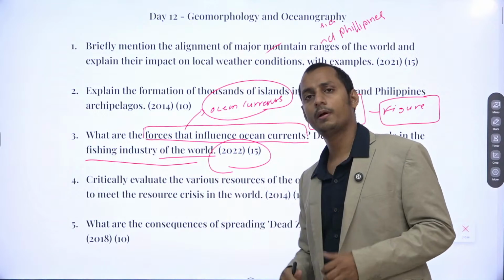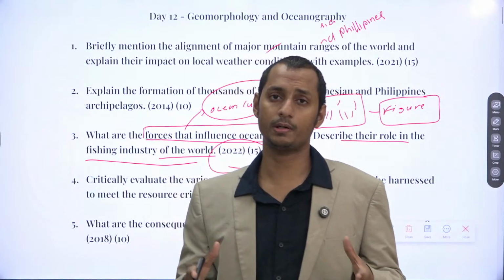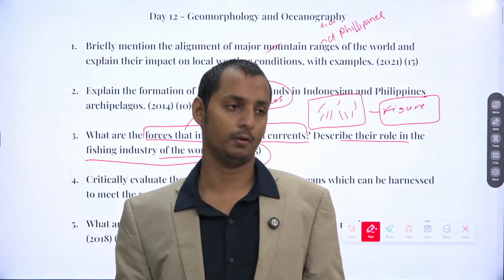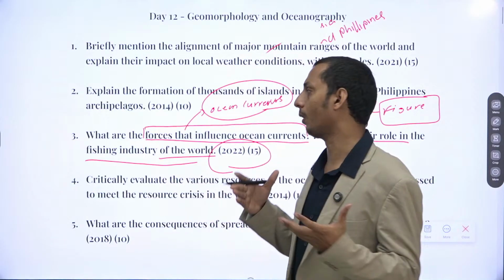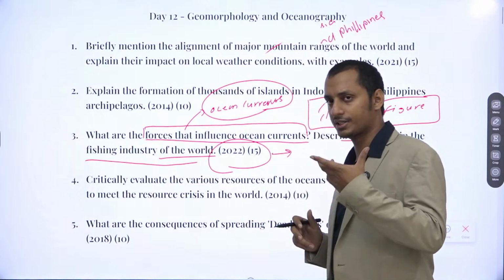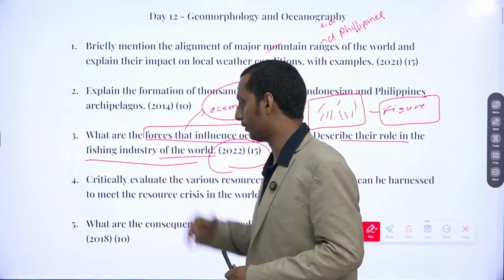Now, in the conclusion also, you can go for conservation. You can go for the conservation of fishing industries. You can mention the names of international organizations. You can mention a lot of things, okay? So I'll discuss in detail what are the things that you need to mention after discussing all these